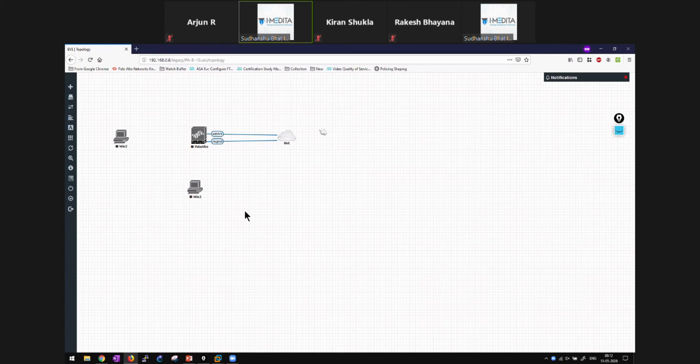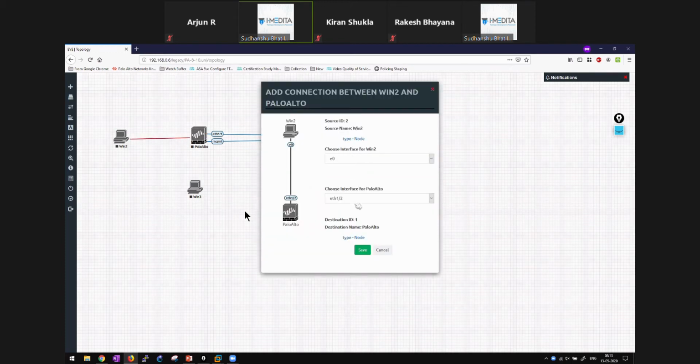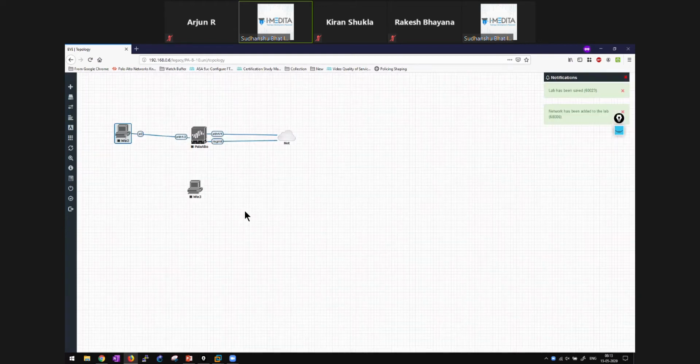So I'm bridging it to the physical network so that this Ethernet 1/1 will be the outside of my firewall. We'll have to do a lot of things before that. Next you can connect another interface. I'll select Ethernet 1/2. This we can keep as the inside. Later on we'll utilize this full topology.